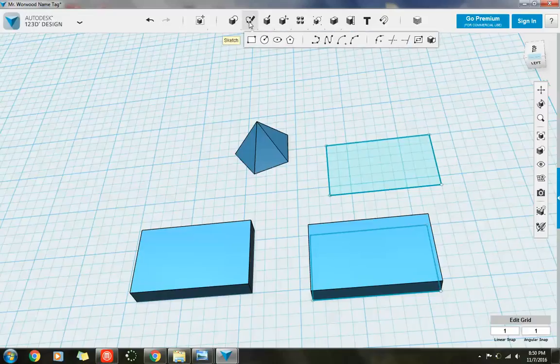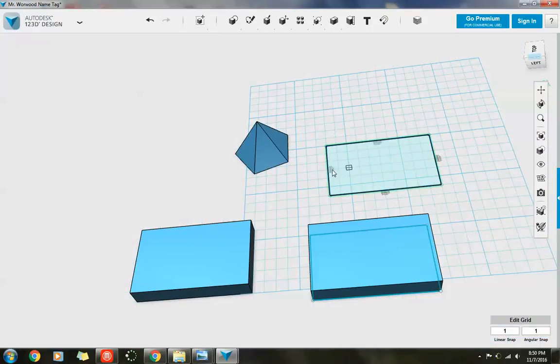So I'm going to go up to my sketch, and I'm going to go to spline, which is always a good one. Click on spline, click inside of here. It's smart to start on an edge, so I'm going to start on this edge, click, come out, click. Everywhere you click is going to be a pivot point. You see how that works? So it pivots off that. So I'm going to keep going,